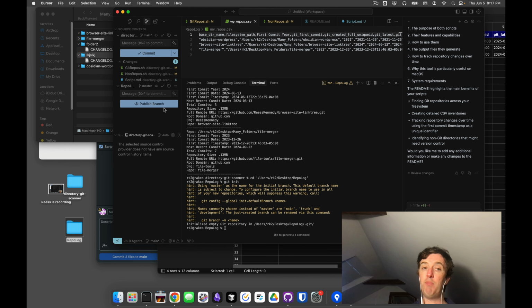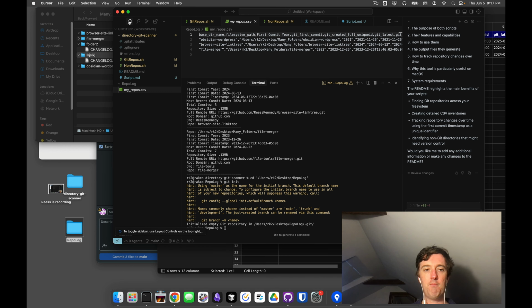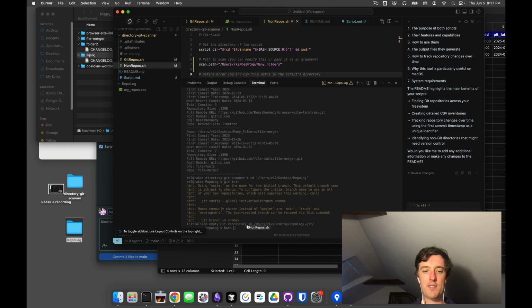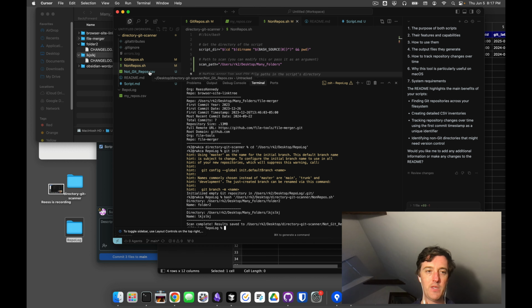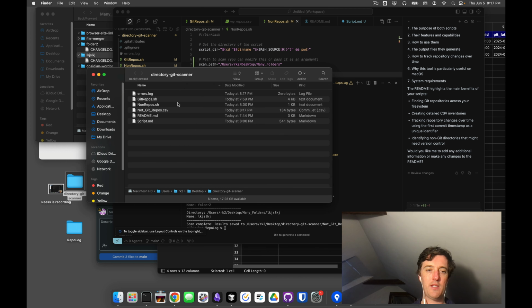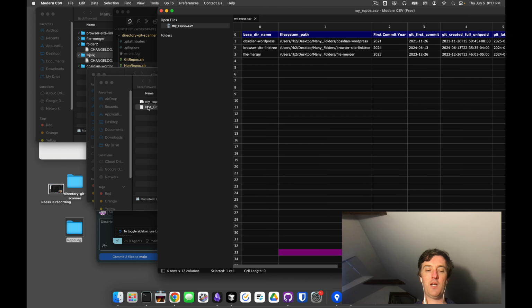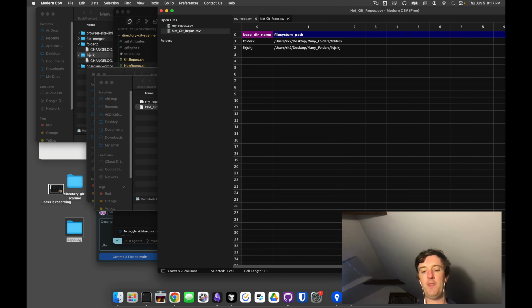But as a bonus, there's a non-repos.sh file here. And if we run this puppy, we'll run this across the same directory. And we'll put this in the repo log too. And we'll make the mistake of trying to open it in Excel again. Here we go. This is simpler output, but we can see that this shows us the directories in that folder